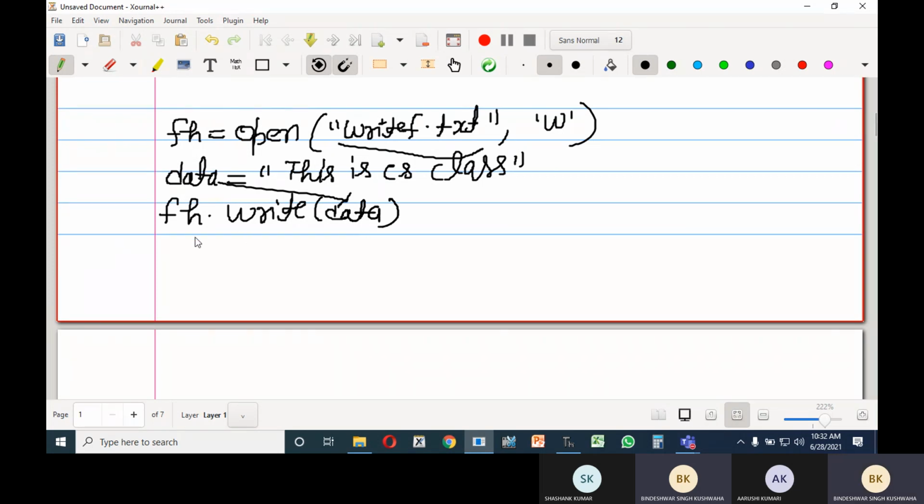You will provide data, and thereafter if you print or read the file, let us see that. A file would be created, thereafter we have defined a string, and it would be written to that file. We will open it by clicking the mouse. Okay, so let us see that.